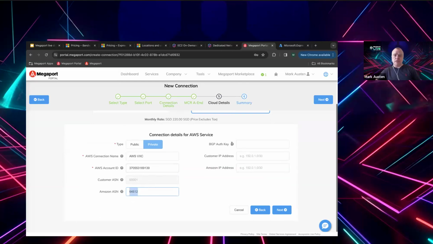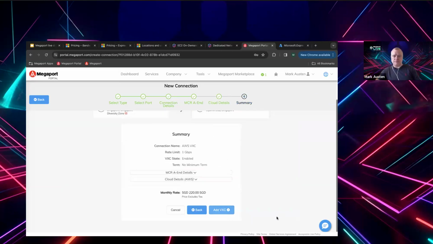So either one. We can enter BGP password in there, and the IP address for the subnet between the Megaport cloud router and the AWS Edge, be it the Direct Connect gateway or the virtual private gateway, whatever one you're using. So go ahead and add that